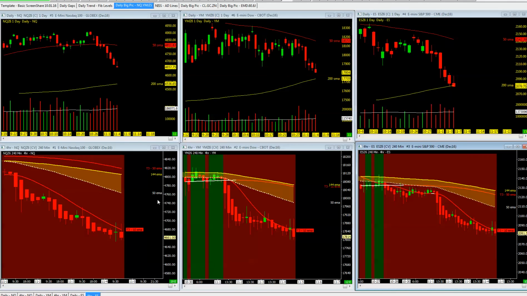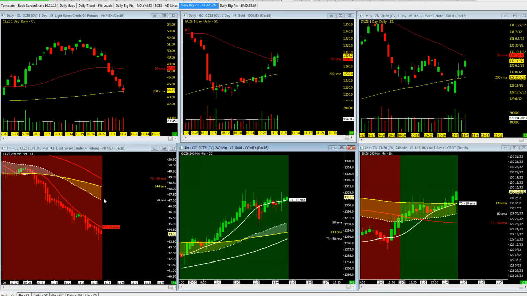50 underneath 144, so I've got to go with the continued downtrend. Any pullback on any of these three indices is going to come up and test that 5144 as well as the T350. If we test it, we bounce, we come back down, we have a bona fide, guaranteed downtrend on all three indices. So right now, a little bit of sideways action as we head into next week.